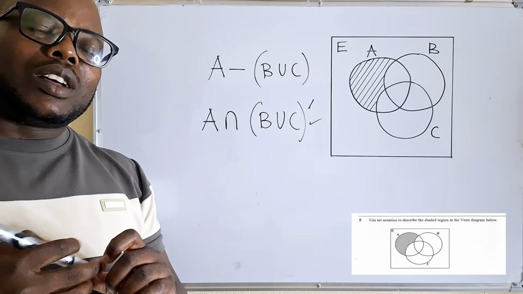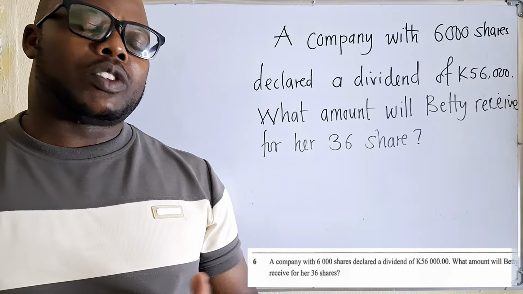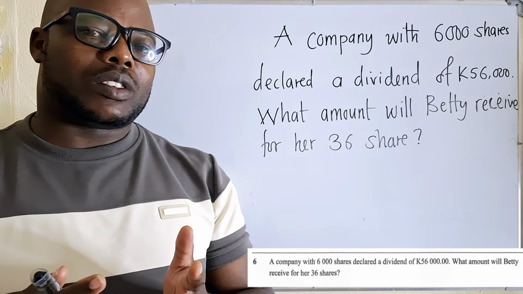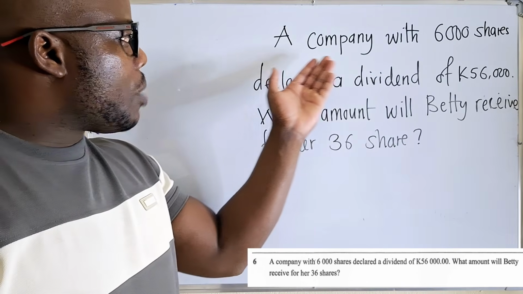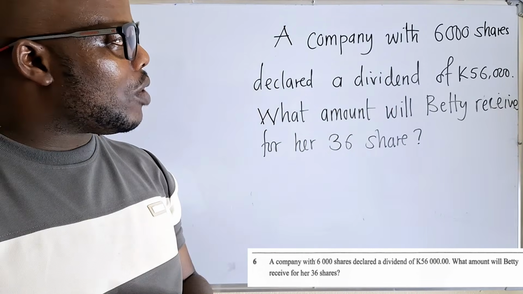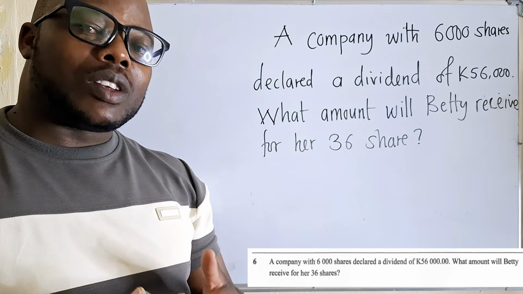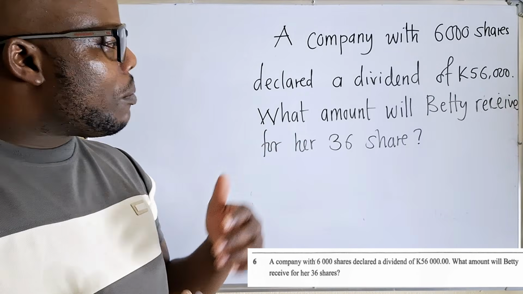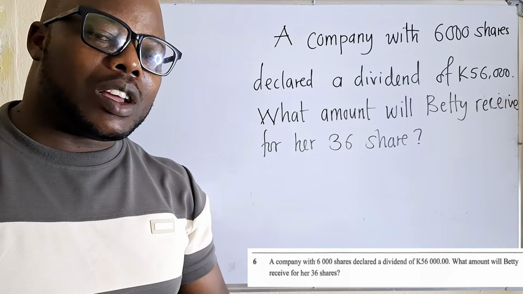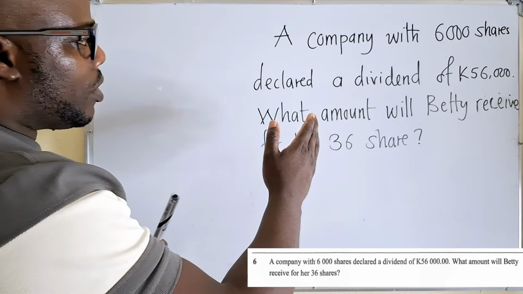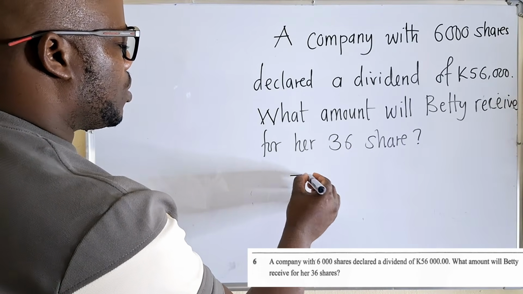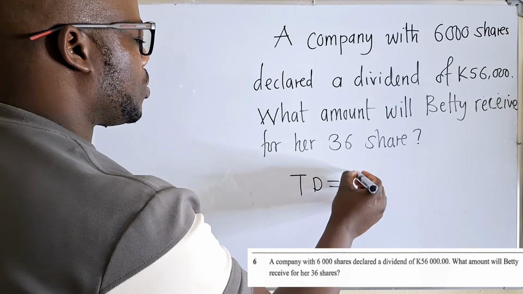Okay, let's check out the next question. All right, so the next question that we have here is on shares and dividend. The question reads: a company with 600 shares declared a dividend of 56,000 kwacha. What amount will Betty receive for her 36 shares? So in order for us to answer this question, we need first to calculate the total dividend, which will be equal to